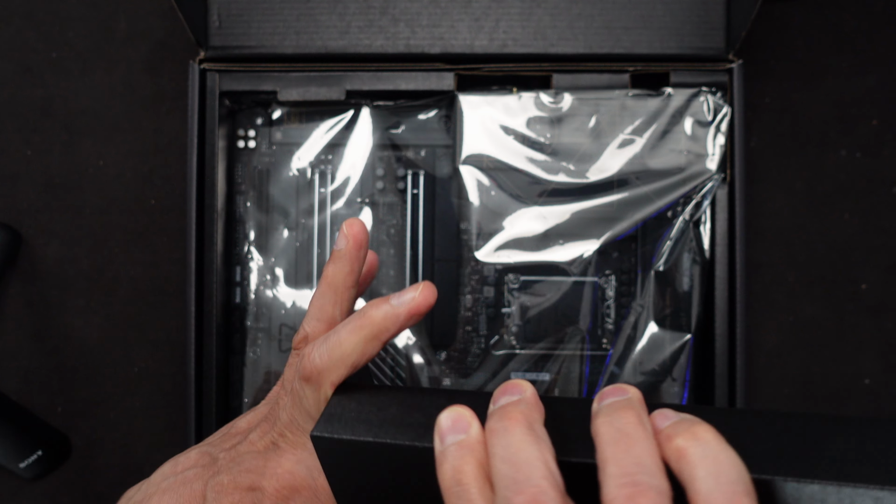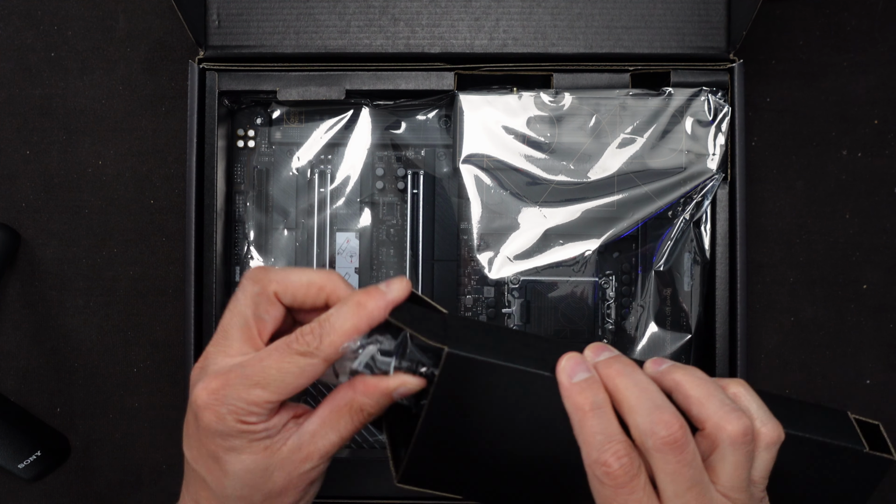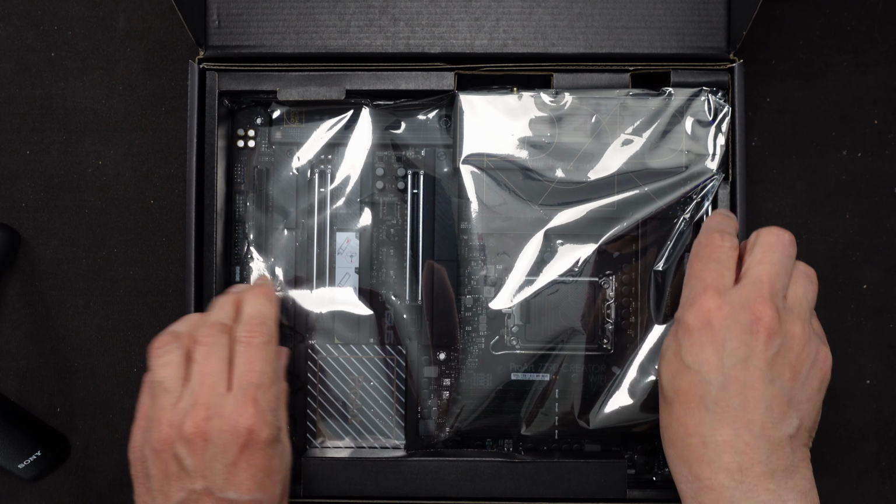I believe this is the antenna. Yeah, this is the Wi-Fi antenna. So I'll just put that aside for now. We don't need it right now. Take the motherboard out of its